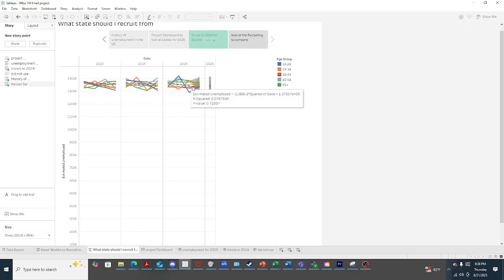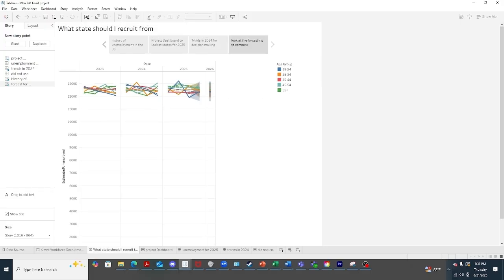And then here's my forecast. And the forecast is overall based on age. So you can definitely check on the forecast for 2026 and 2027, and see where the filter percentage is on the 25. What this will allow you to do is make the decision on which state you should recruit from for which job, whether the job be in Colorado or in Texas, but you can also look at closer states to that as well.